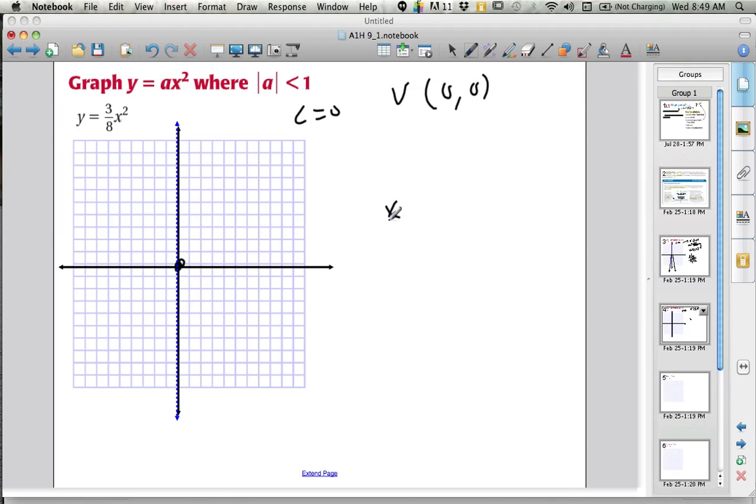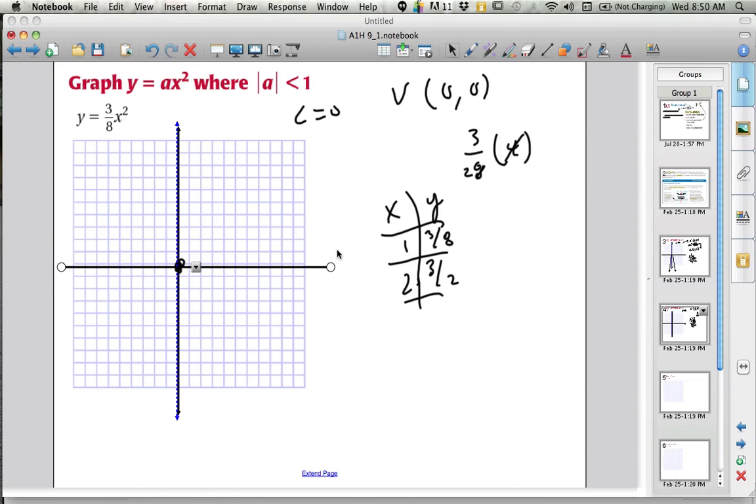And I'm going to choose values. You'll notice it's going to be a little repetitive. I chose 1 and 2 in the last problem. I'm going to choose 1 and 2 on this problem. I'm really just choosing values for inputs that are right next to the vertex. Okay, so again, 1 squared is 1 times 3/8 is 3/8. And 2 squared is 4 times 3/8. Let's make sure we think about that. 3/8 times 4. 4 goes into 8 and leaves 2. 3/2. Okay, so at 1, this is going to be a little difficult for me to